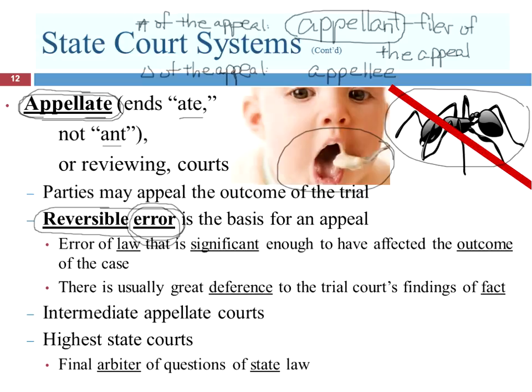So we don't overturn a case because there's been an error. We know there's going to be errors. We overturn it only when the error was so significant that it likely caused the wrong side to win. If that error hadn't happened, it's likely the jury would have sided with the other guys. So that's the standard. About 10% of cases are appealed, and about 10% of the appeals are overturned. So that means there's only about a 1% chance that a jury verdict is going to get